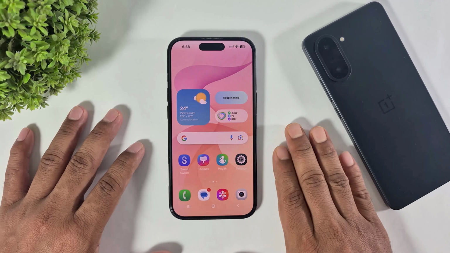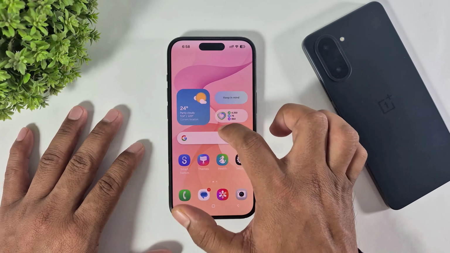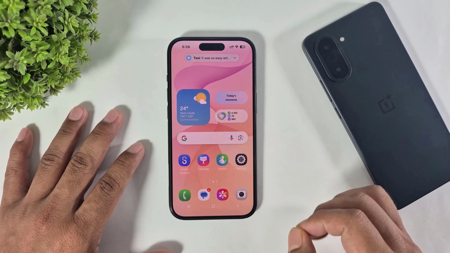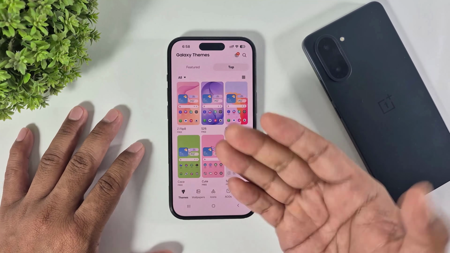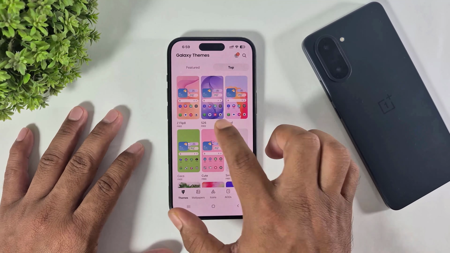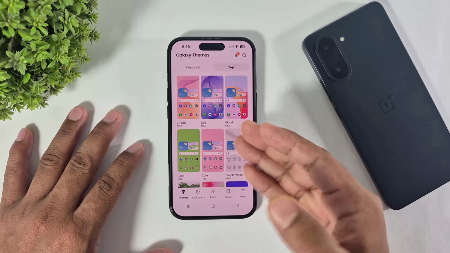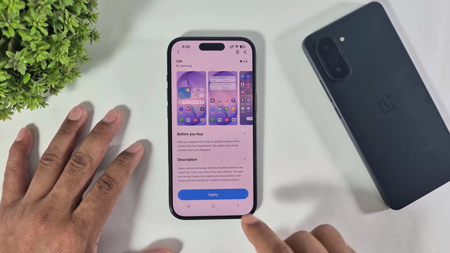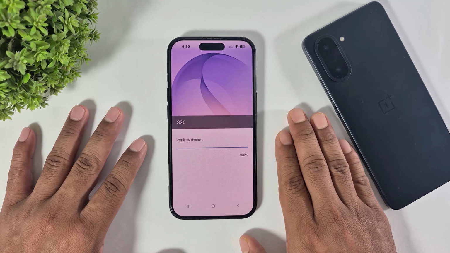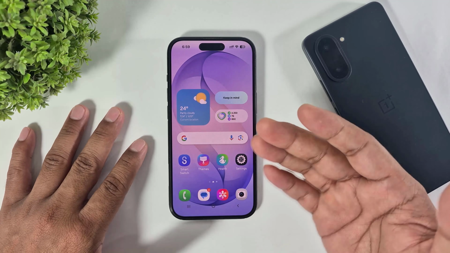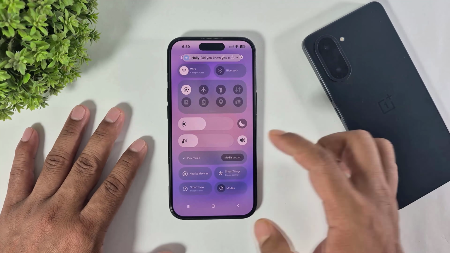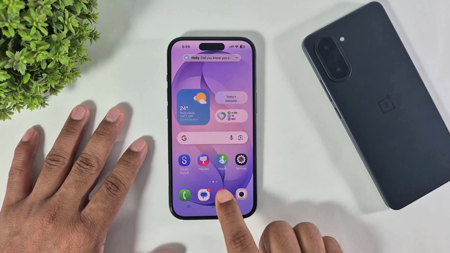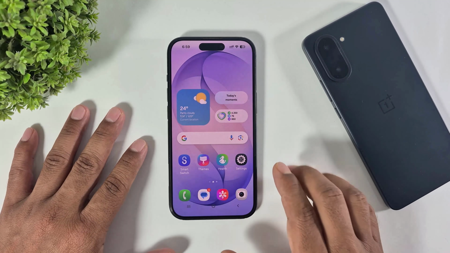Now look at this app drawer. If you go to themes, guys, you can also change themes. Look at this S26 Galaxy Z Flip 8. Simply tap and apply. And this is the new theme. Gallery, camera,